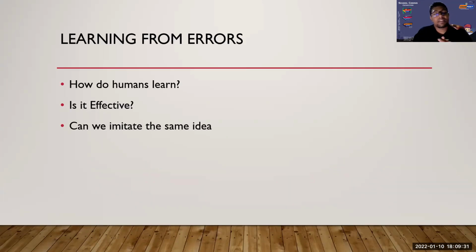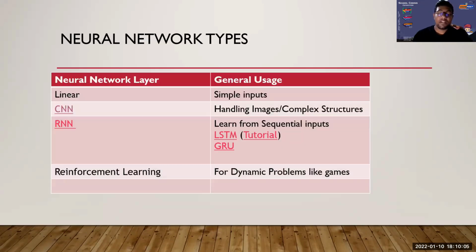So now the question is, can we imitate this same idea? If we try to imitate it, it's a really simple idea. You try something out, and then you change some of the parameters of your activity, and then you will be able to perfect whatever activity you're trying to do. So the idea behind machine learning is to try and imitate this behavior. In order to imitate this behavior, we use